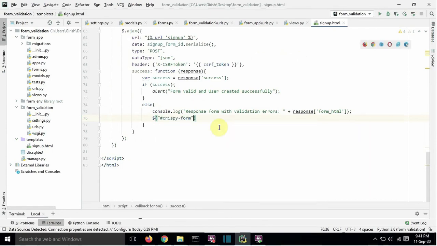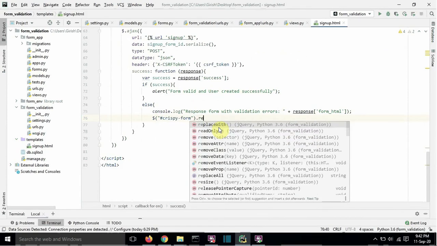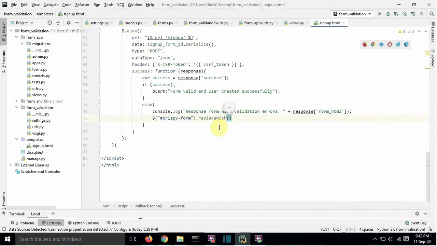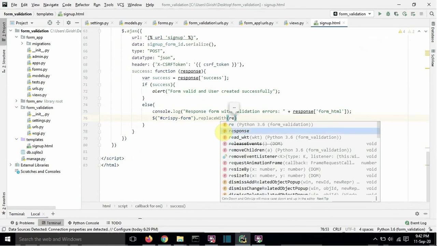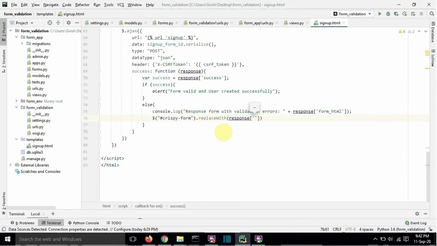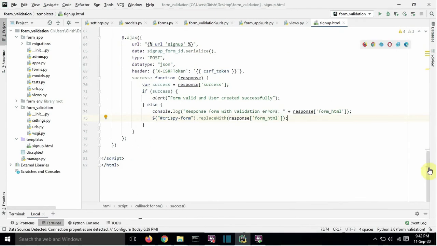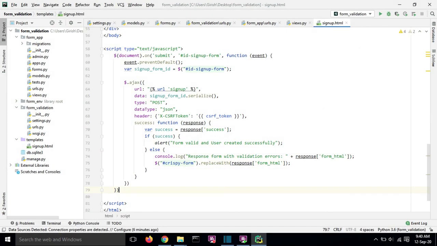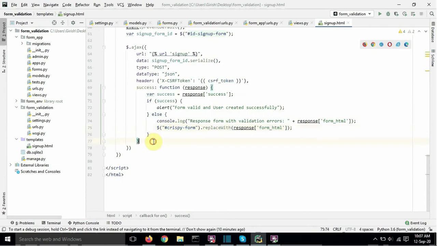Hash crispy form dot replace with response form HTML. Here we are replacing the form with the validated form, that is the form with errors.